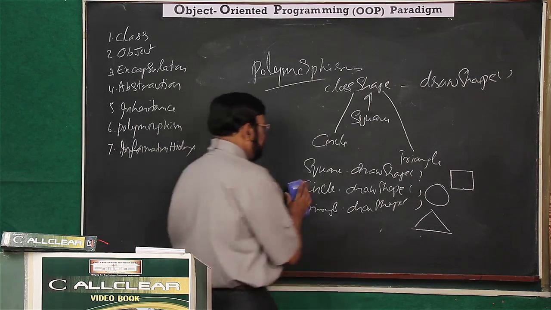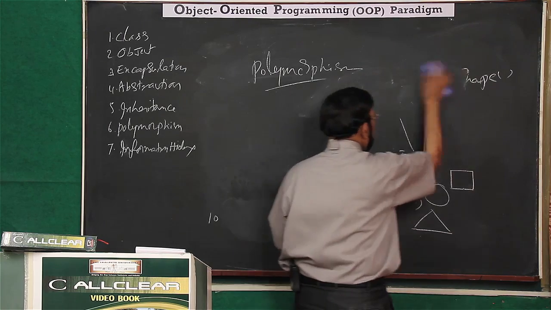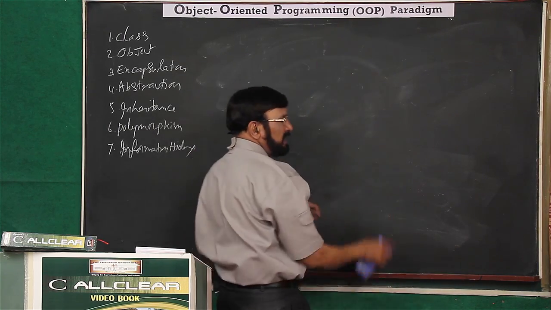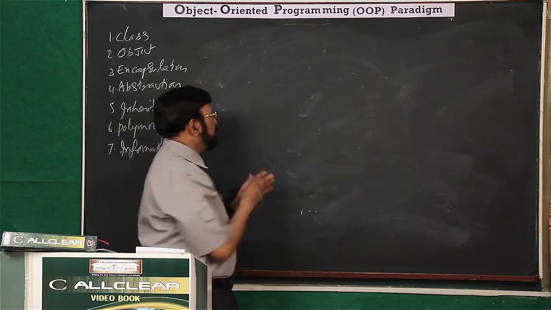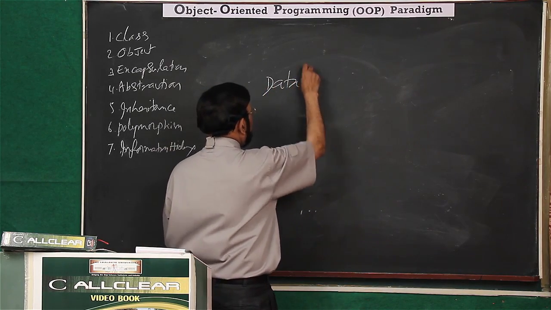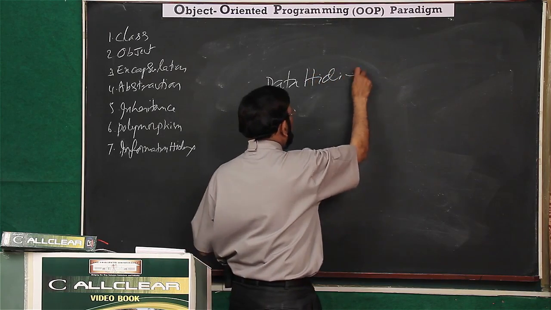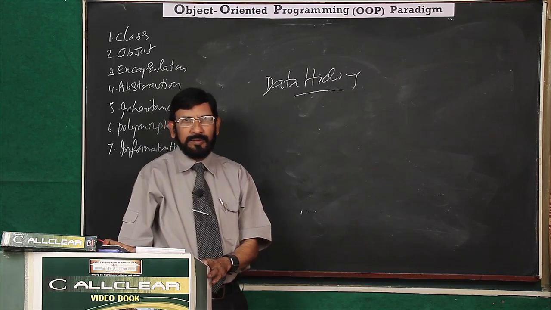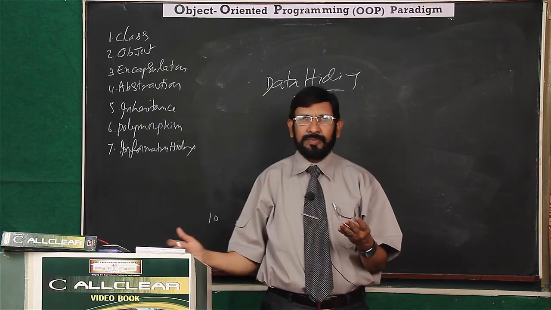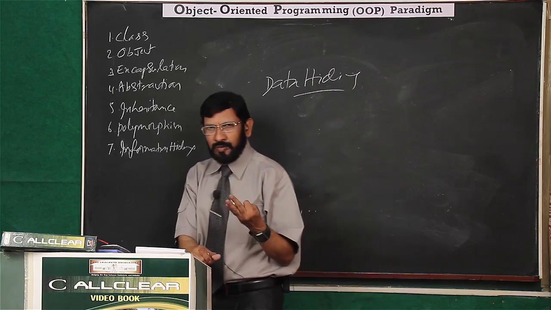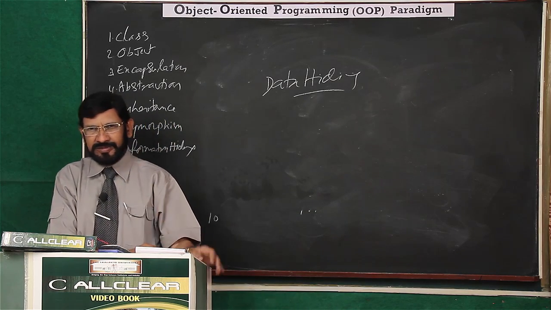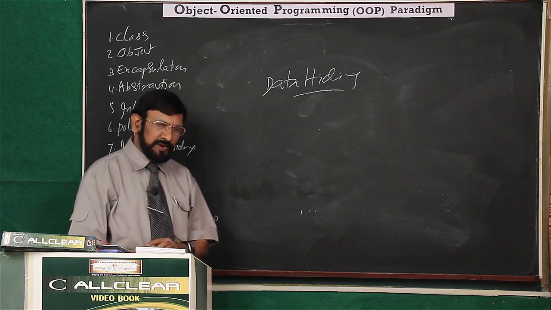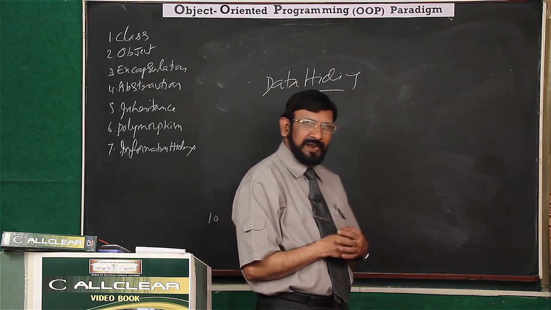So finally, data hiding. Data hiding is required. With just a simple example, you can understand why data hiding is required. Data hiding or information hiding. Actually, relating to you, I take some data items. What are the data items? Your name, your telephone number, your property details, your personal secrets. Four data items I take. Will you treat all the four data items alike?